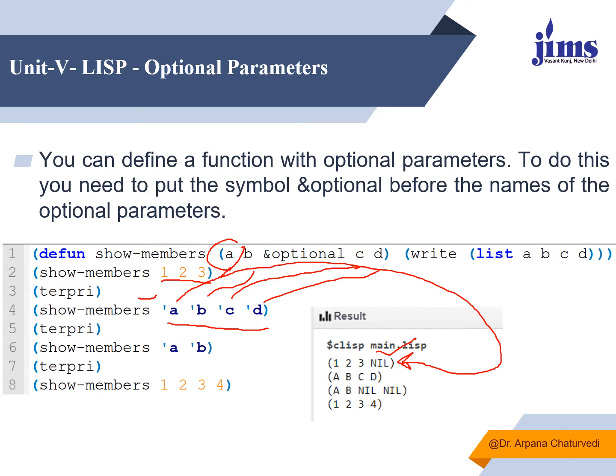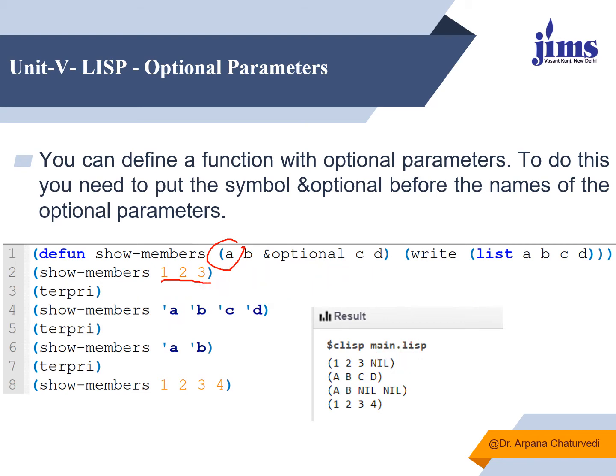To overcome this confusion, so that the compiler should not get confused that this is the name of a variable, we have used the quote symbol over here. So this quote omits the special meaning of A and treats it as a normal character. So when I have passed 4 arguments, you can see it has written A, B, C, D, all the 4 parameters. Again terminate and print, it will take me to the new line.